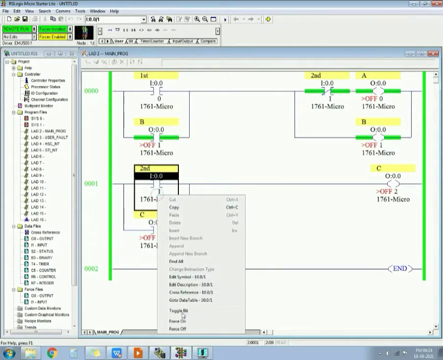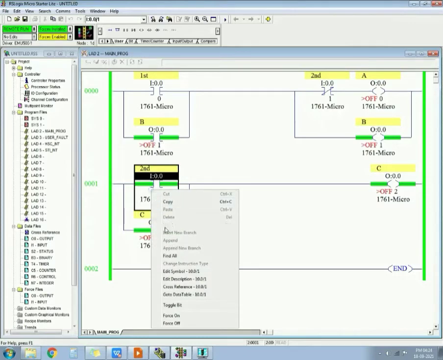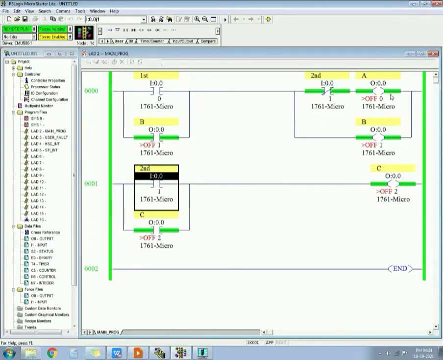First push button pressed, outputs A and B get on. When the second push button is pressed, now output A gets off and output C gets on. But when I release this button, what will happen? Again output A gets on, because this latch is again passing the supply to output A. So this is also not the solution.